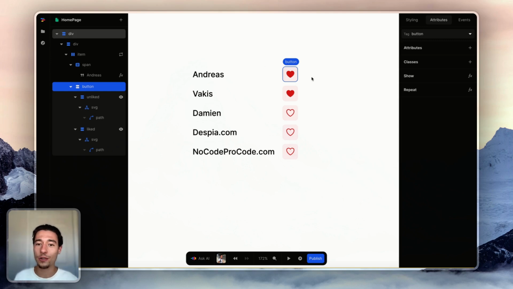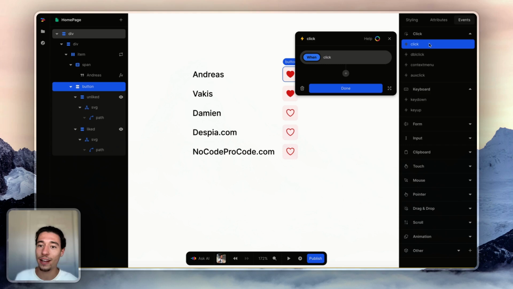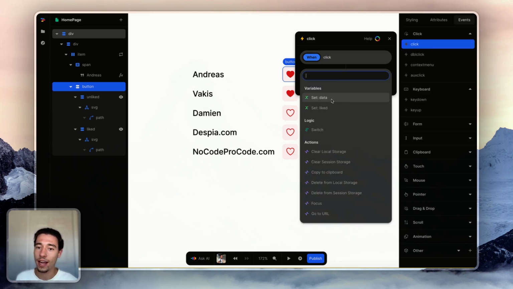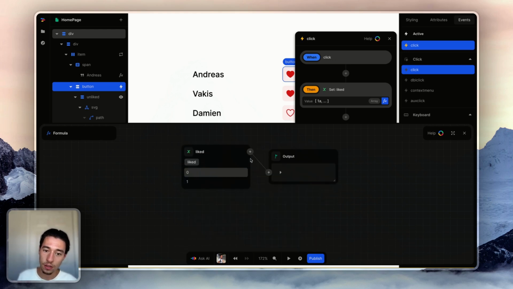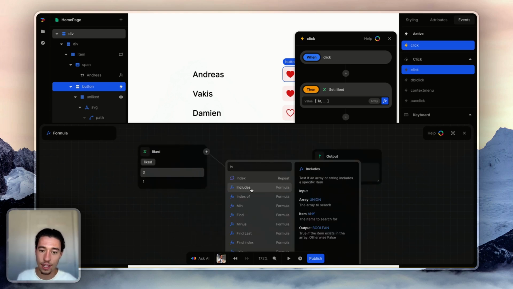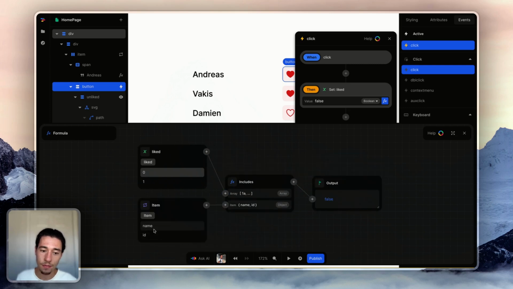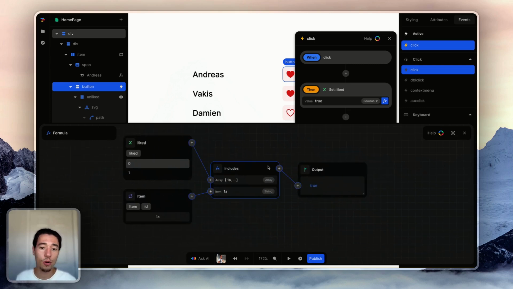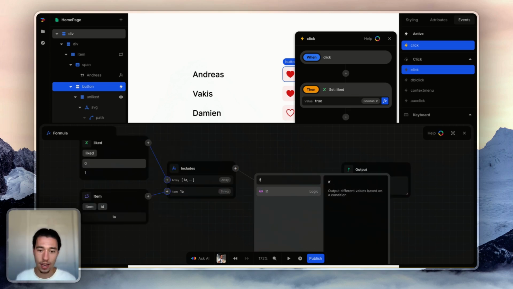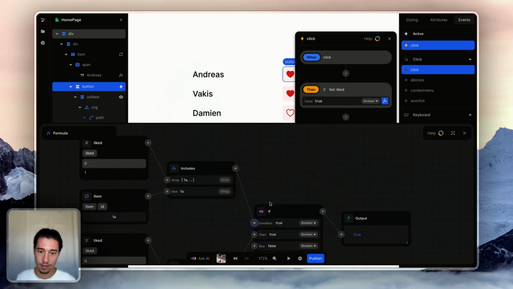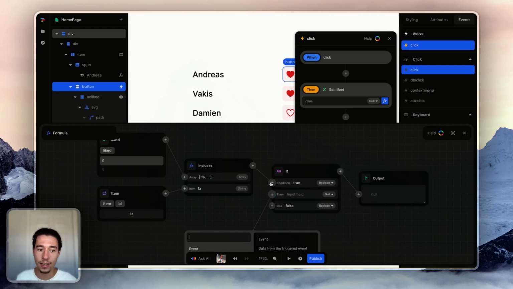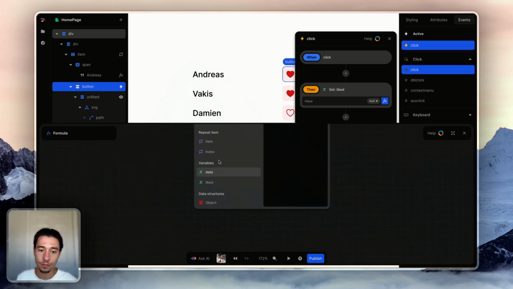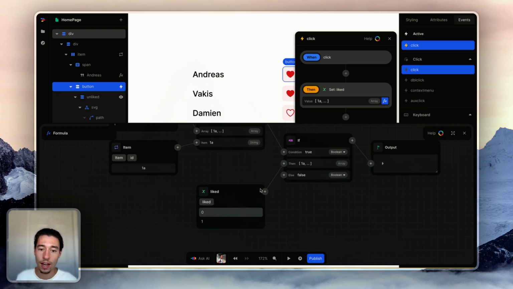So what we now want to do is we go on this button, I register a click event, and I'm going to then update this liked variable. So I take the current liked variable, and I want to look for, does it include item ID? This will be true, right? So then I'm going to copy this, and I want to add an if statement here. I'll need to paste this in the condition. Here you go. So then, if this is true, if this is including it, I want to take the liked array, and I want to